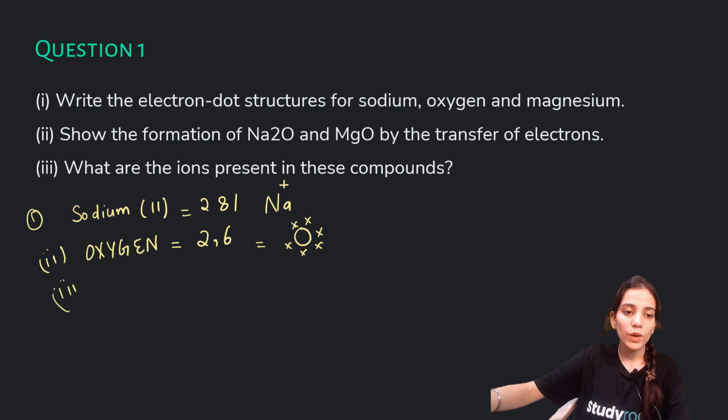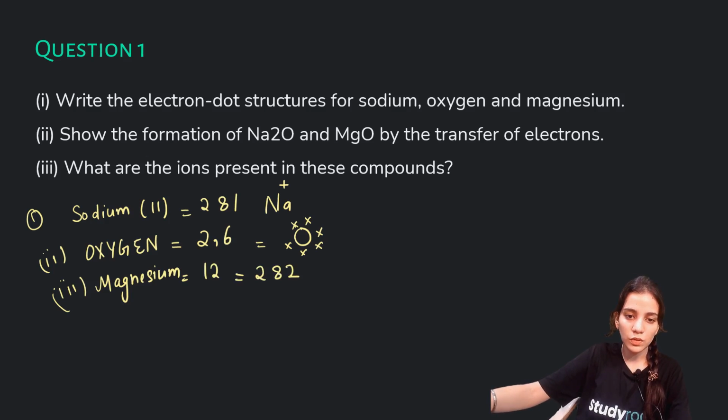Now we have magnesium. Its atomic number is 12. So how can we write it? 2, 8, 2. So there are 2 electrons present in its valence shell. So it can be represented as